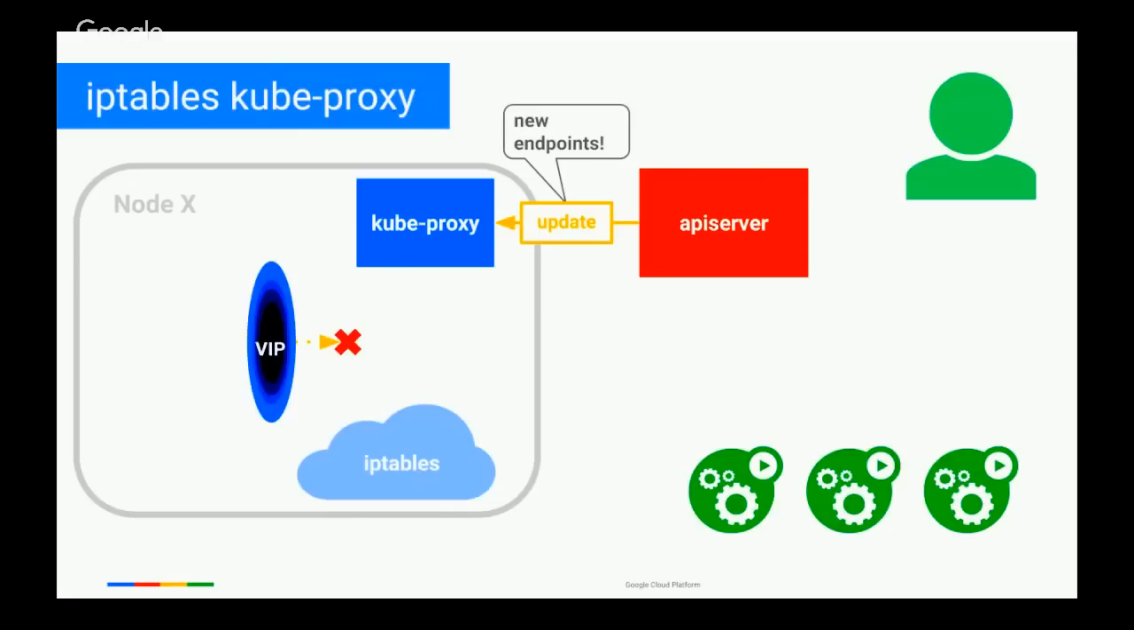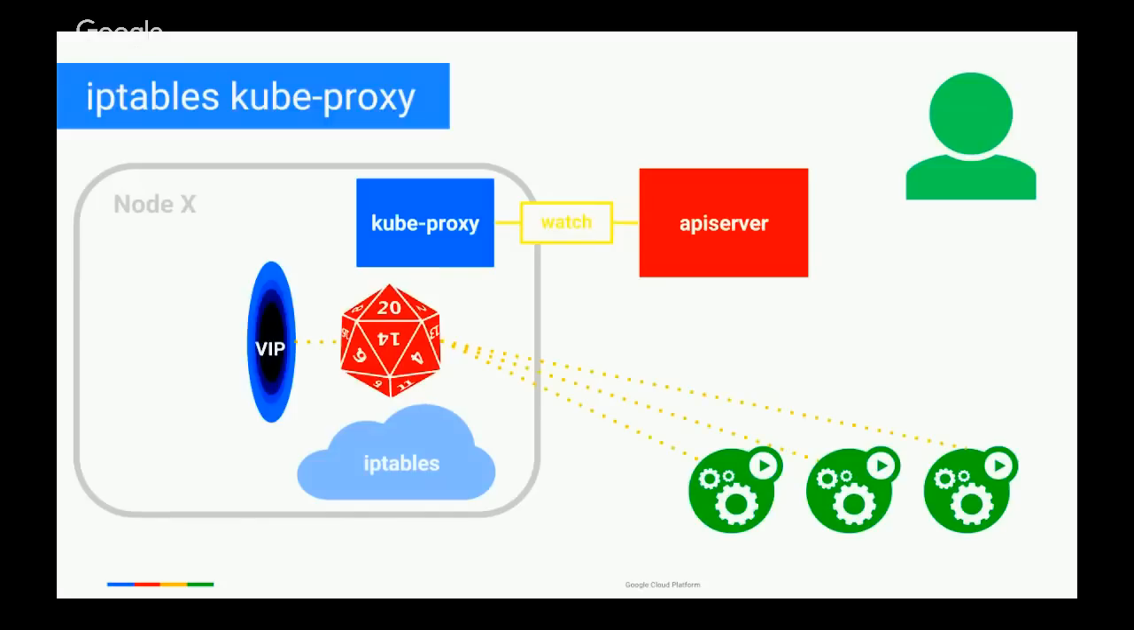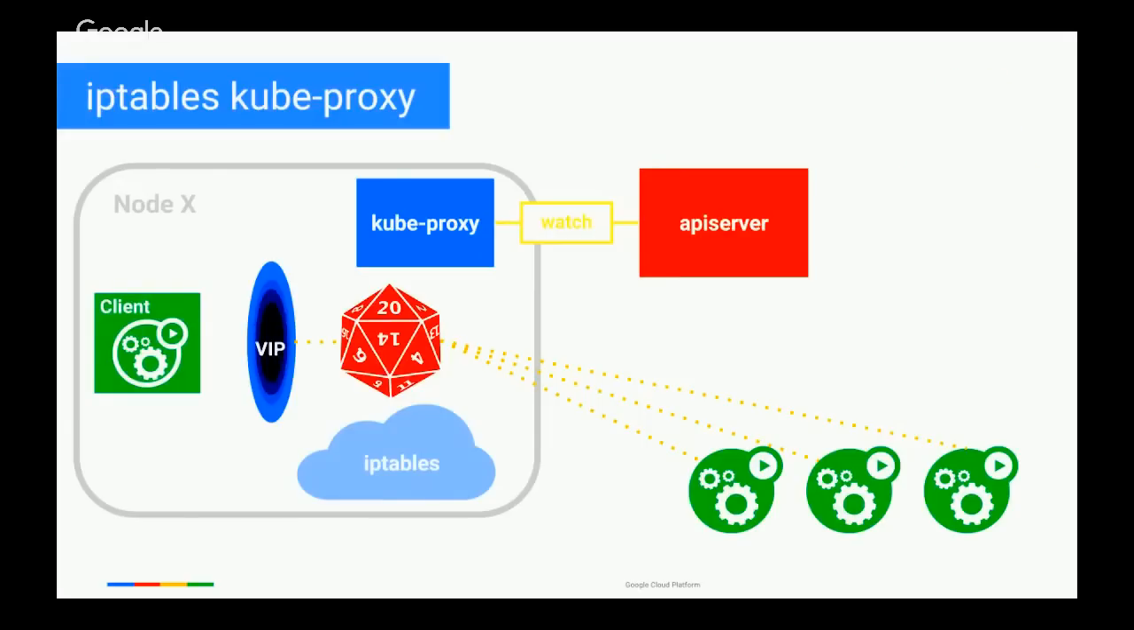Now the API server says, oh, by the way, you also have some endpoints for this service. So again, we go out and configure IP tables. We throw in a randomizer in the front, so you're going to get some random probabilistic access to your backends. Now, along comes a client. A client wants to consume this service. The client accesses this virtual IP, which gets translated, put through the randomizer, picks a backend, and your traffic is